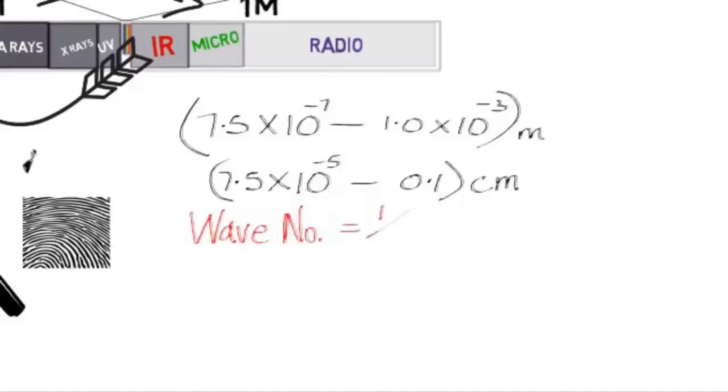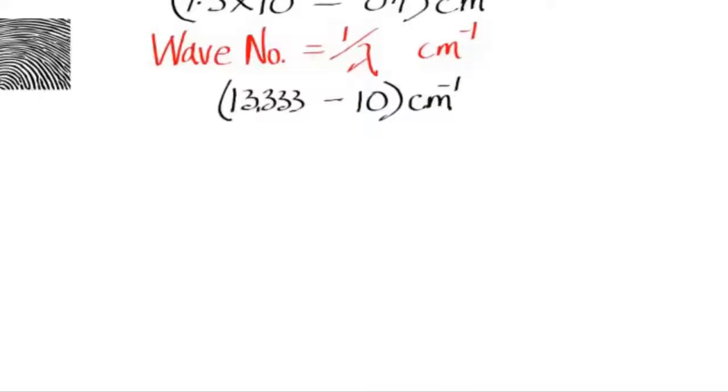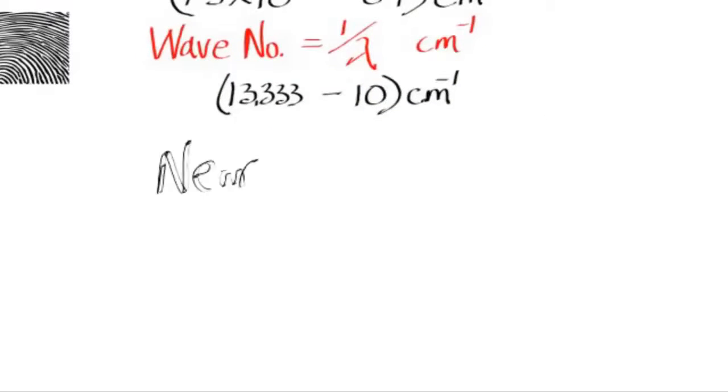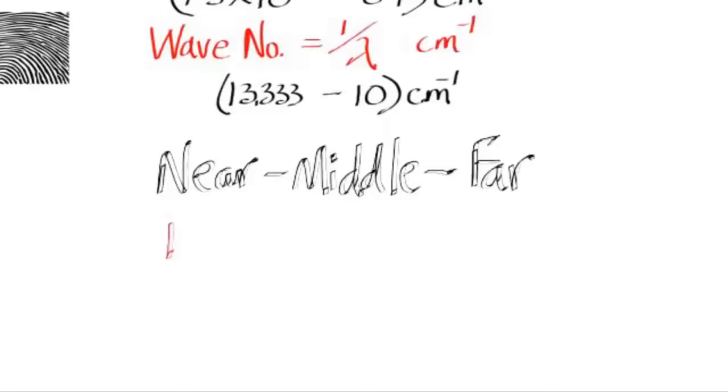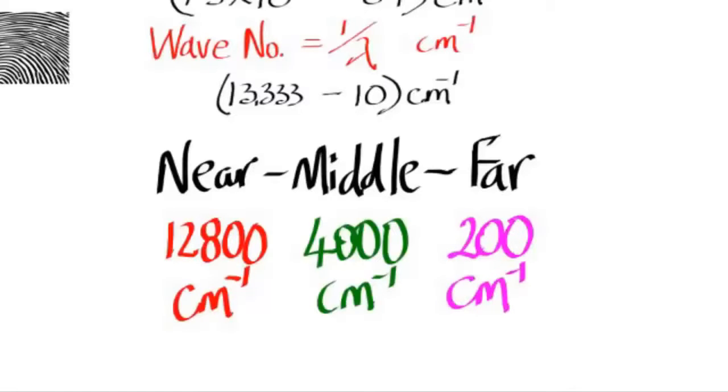Now, let's see how we convert wavelength to wave number. Well, wave number is simply 1 over lambda, lambda being the wavelength. And the wavelength, however, has to be expressed in centimeters. So that gives wave number as 1 over centimeters, or centimeters to the minus 1, or reciprocal centimeters. So that means that the infrared part of the electromagnetic spectrum stretches in terms of wave numbers from about 13,333 to 10 reciprocal centimeters. Now, as you see here, the infrared band is divided into 3 different regions: the near,